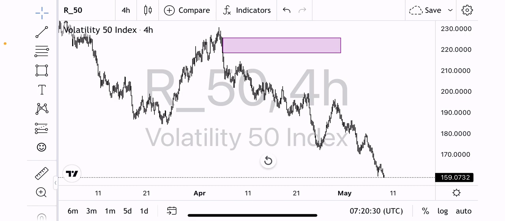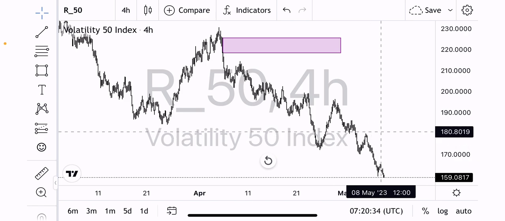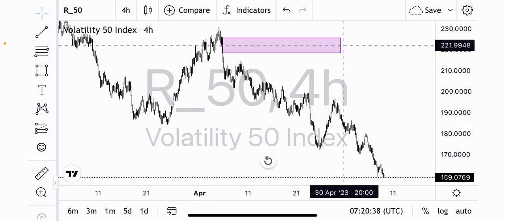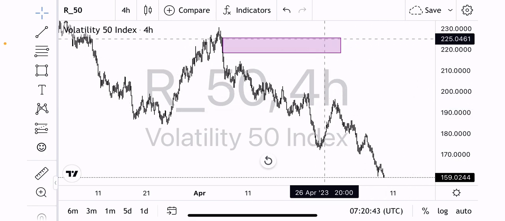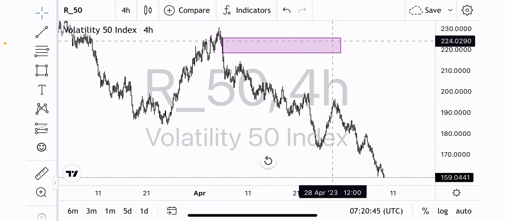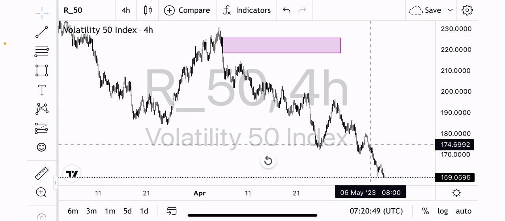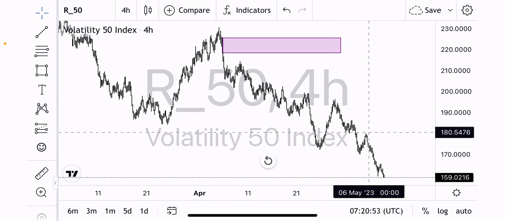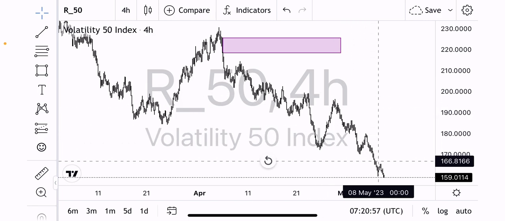Now, when market will come back to this area to break this high, if market is going to come back to break this high, then we are going to come back into this area for a test, and the market will continue to the downside. You can see we have this untested zone here. The sponsored candle has not been tested, so every other thing the market is making here is just a range structure. All these are just range structure.